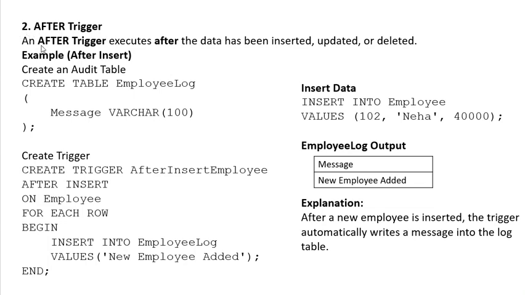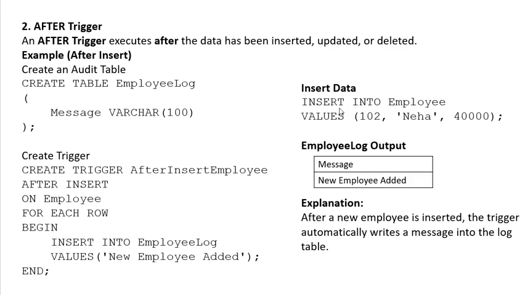The second is the after trigger. An after trigger executes after the data has been inserted, updated or deleted. For example, after insert: create an audit table, employee_logs, with a message column. Then CREATE TRIGGER after_insert_employee AFTER INSERT ON employee FOR EACH ROW BEGIN, INSERT INTO employee_logs VALUES ('New employee is added'); END;